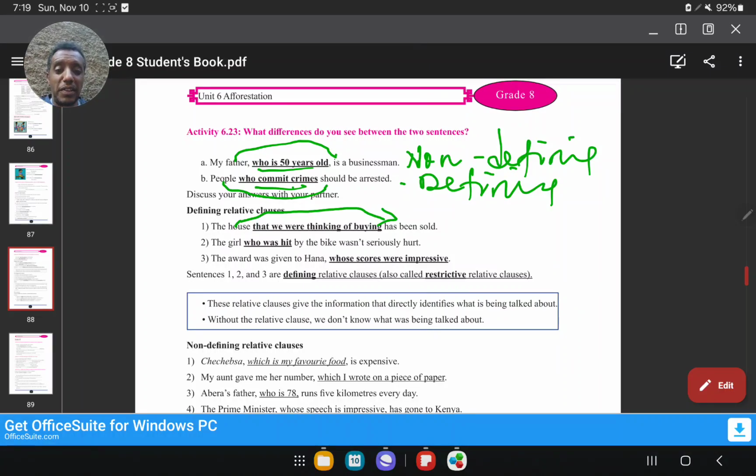So as you can see, no comma here, no comma here. ኮማ ከሌለ ደግሞ ምንድነው ልጆች? It is defining, yeah, defining ነው ማለት ነው።